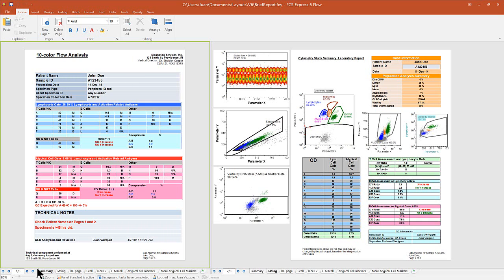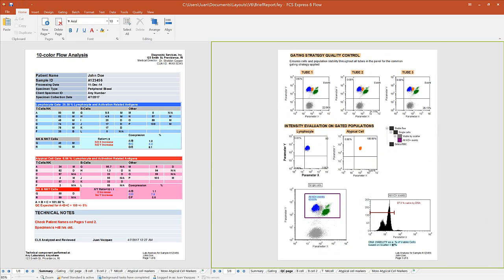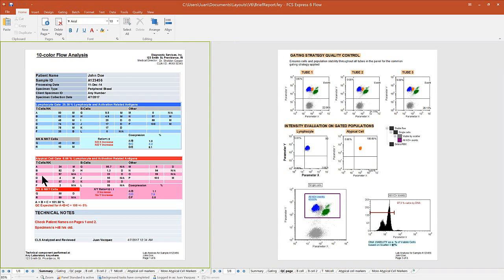Here in FCS Express, what we can do is take that data and display it on a number of pages where we can take data from different tubes and put it on the same page. We can create whatever sequence of gates, apply colors, create whatever stats, and then use FCS Express to summarize this data and present it to us as results. So here in this particular example, I'm taking some 10 color data where I have several